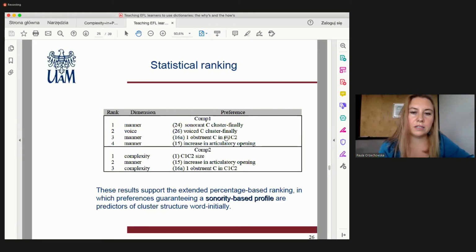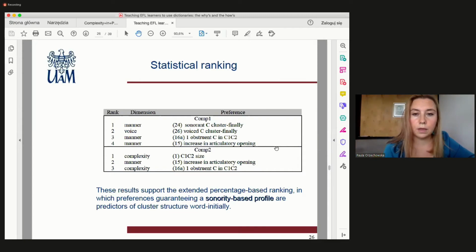So the presence of a sonorant cluster finally, so just before a vowel, a voiced consonant cluster finally, increased articulatory opening, that's sonority, one obstruent in CC. So if we have one obstruent in CC and a sonorant cluster finally, then obviously the preferred structure is obstruent plus sonorant plus vowel, which is a beautiful cluster cross-linguistically. And then for component 2, we have similar